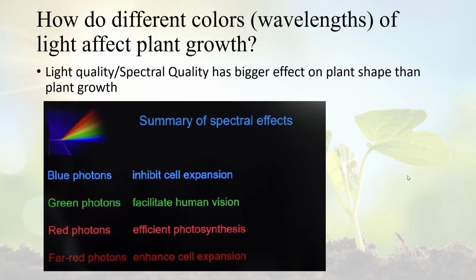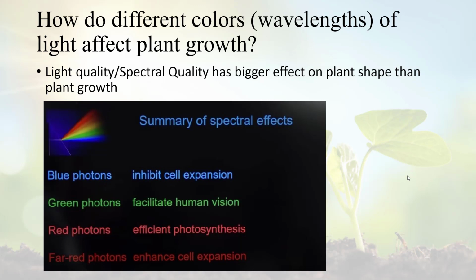Okay, so that basically covers light quantity, or the intensity of light, and how that affects our plants. If you go back to the beginning, we looked at those different wavelengths of light. So, knowing that we have different wavelengths, are they going to affect plant growth in any particular ways? And what we found is that when it comes to plant growth or yield, it's really more important